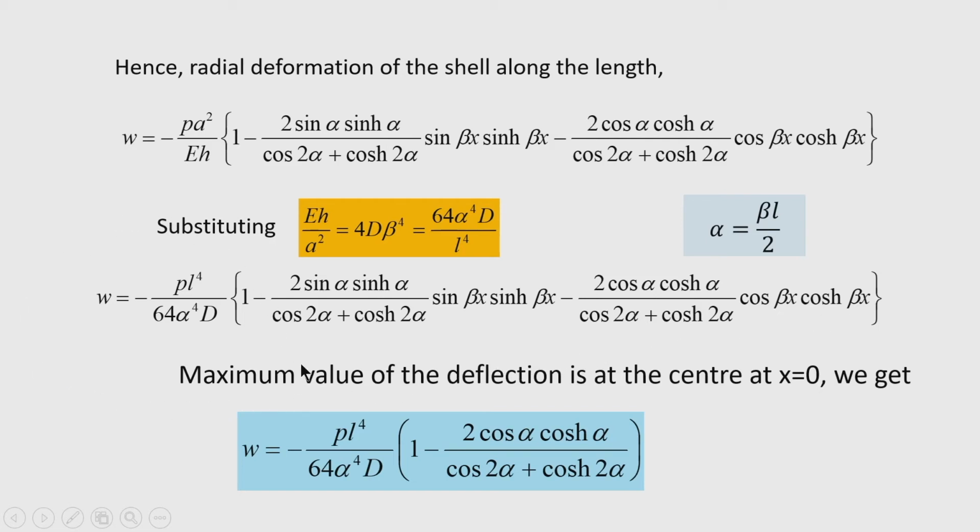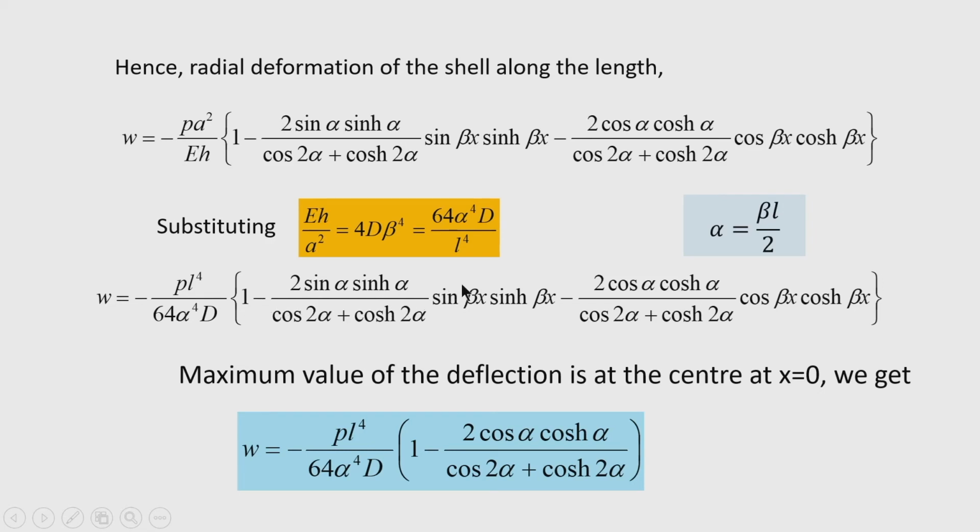So, since this shell is supported symmetrically, loading is also symmetrical and the shell thickness is also symmetrical, it means it has uniform flexural rigidity. So, the maximum deflection we obtain is at the center of the shell. At the center of the shell, we substitute x equal to 0 in the final expression of the deflection,